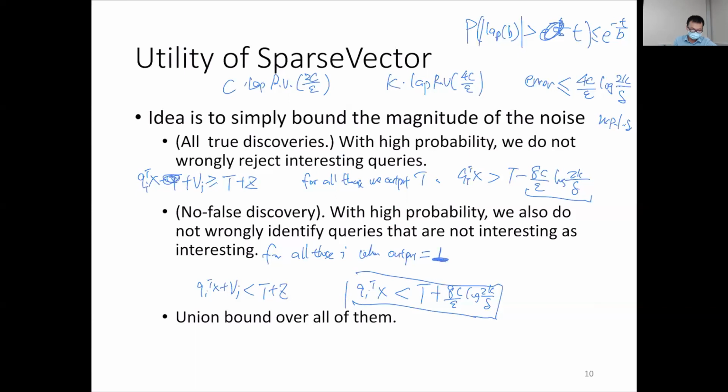We've already taken the union bound over all these Laplace random variables. We'll see how to apply this when we use the sparse vector technique for releasing many linear